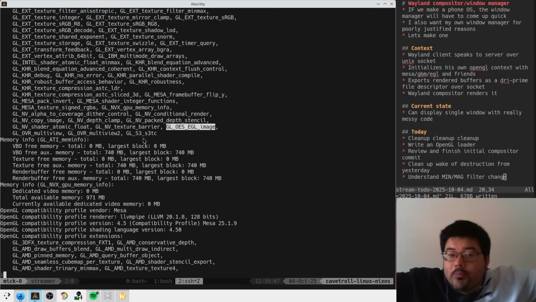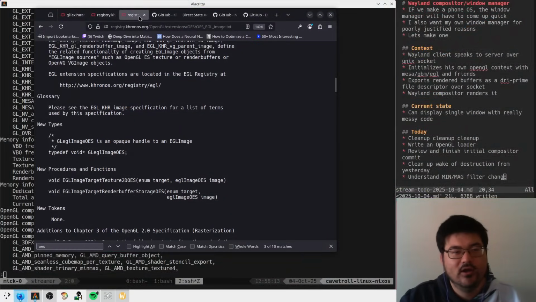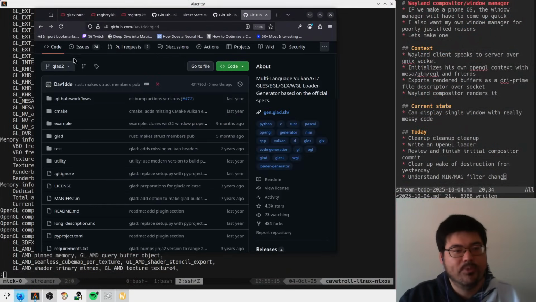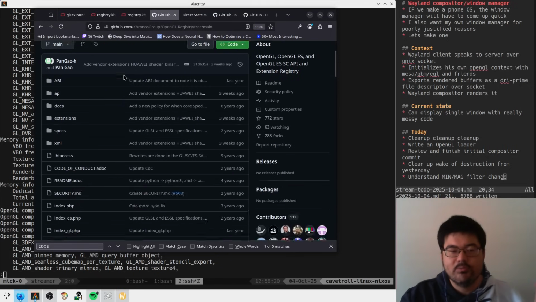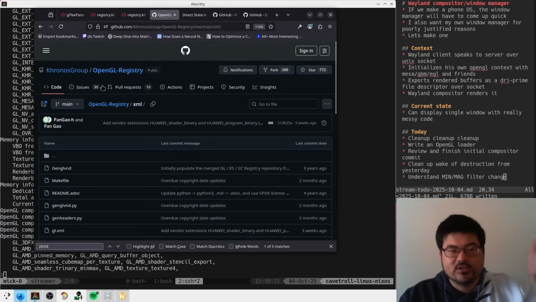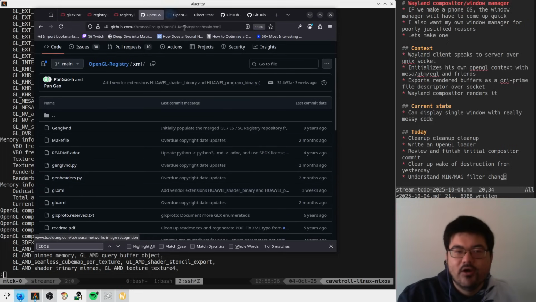Or we could just write our own OpenGL loader. Let's just write our own. We can do that. Surely it's not that hard, right? There's a big chunk of XML somewhere in this OpenGL registry repo. Where were we? In this OpenGL registry repo, there's an XML folder. This is owned by Khronos. This is the ground truth, baby. And you open this XML file, and